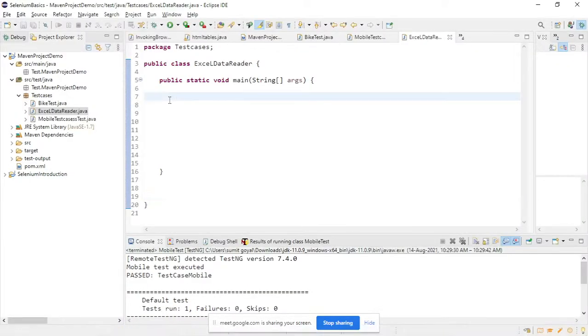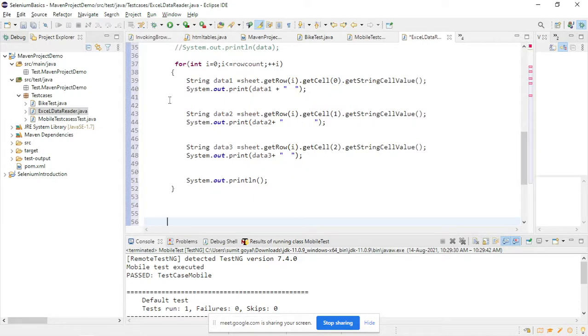So this code is very simple. Let me explain you. So paste the code and let me comment all this.